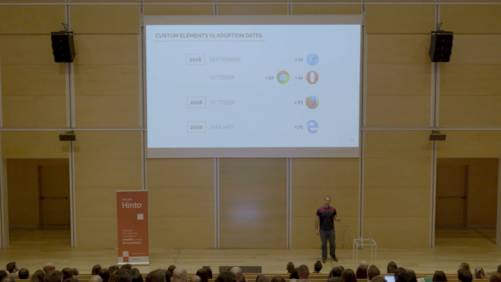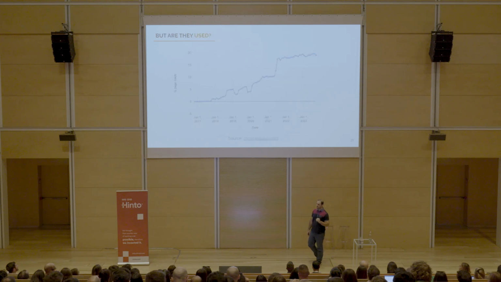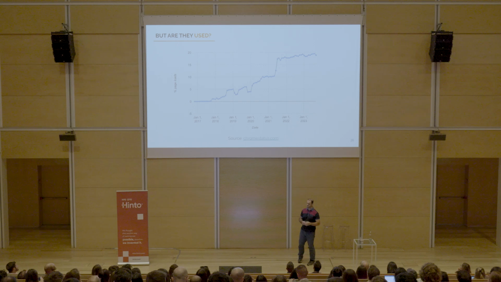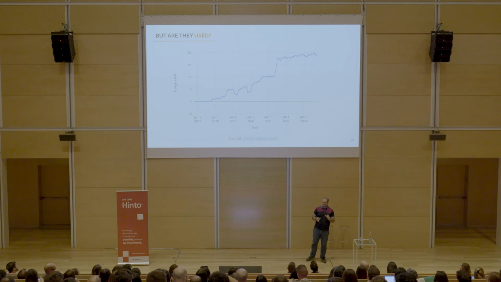So that explains why web components have had such slow adoption over the years, while React exploded, for example. But if you look at the usage, this is the report of the usage of the custom elements API for Chrome users during the last year. What we see here is that around 20% of all sites use web components in some way. How is that possible?